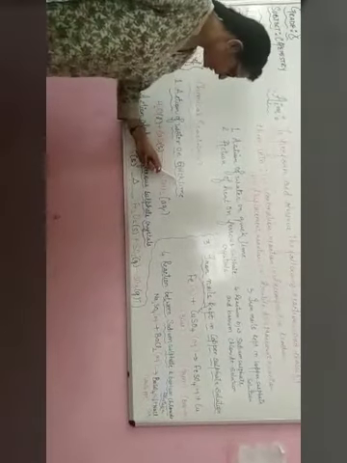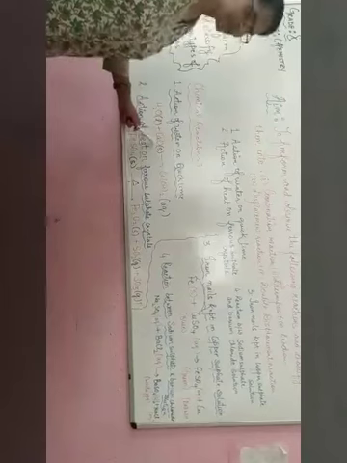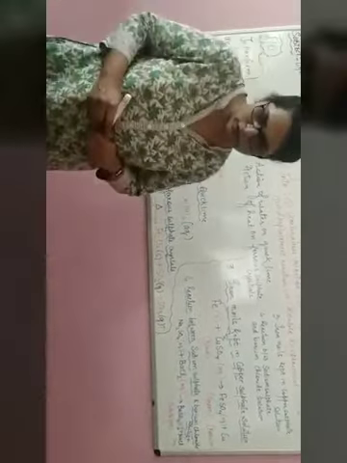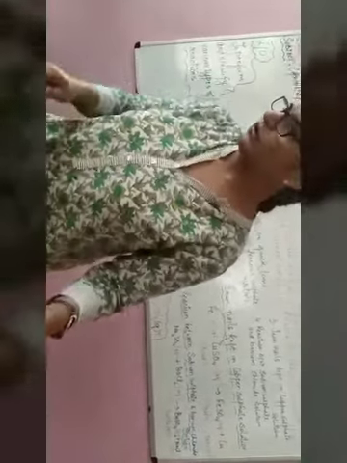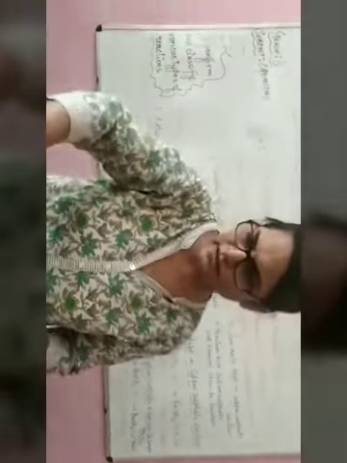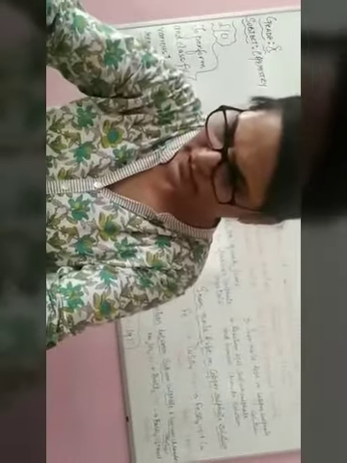Now I am going to show you the action of water on quicklime. The formula of quicklime is calcium oxide. We have studied in Chapter 1 that when calcium oxide reacts with water, which I have taken in the beaker, a brisk effervescence takes place and the test tube becomes warm.